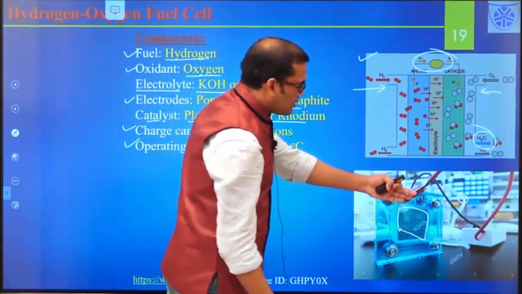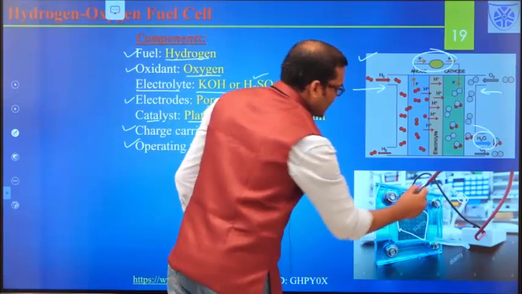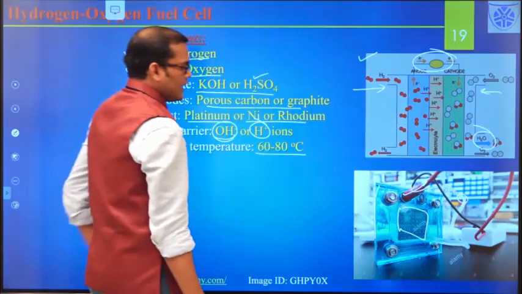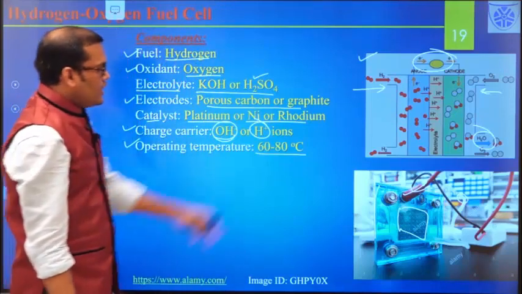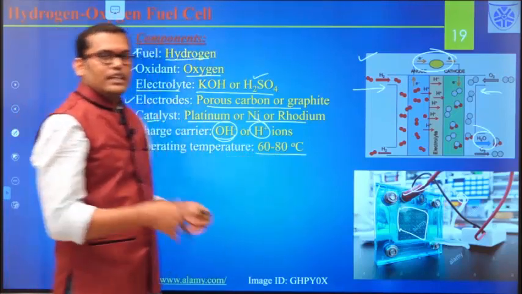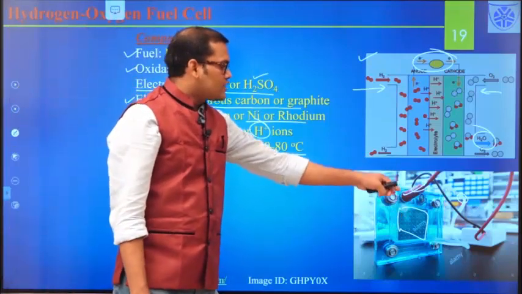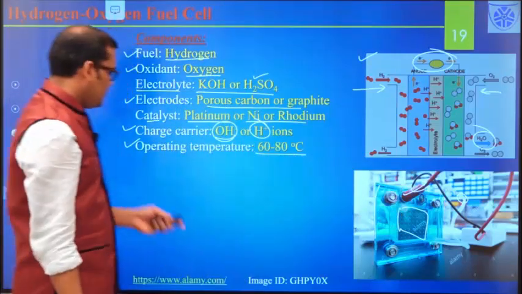This is one of the sides of the electrodes we are showing, so maybe oxygen or hydrogen. If the red is there, that means it is the anode. So basically we purge hydrogen gas through that electrode, and on the other side we purge oxygen gas. Then the electrochemical reactions occur inside the cell and we extract the electricity out of it, right?